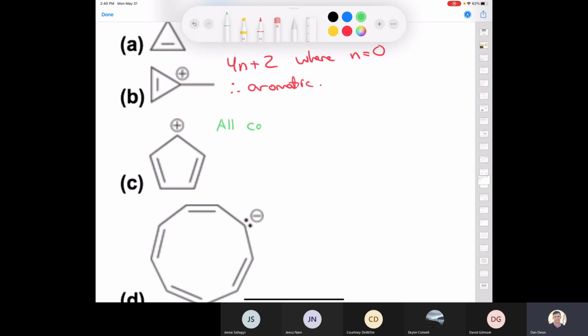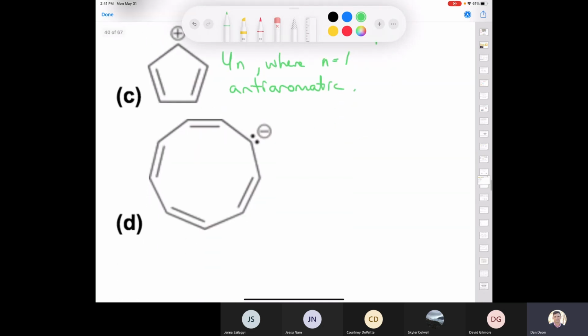All carbons in here are sp2 hybridized. That means I have a continuously overlapping system of p orbitals, don't I? But how many pairs of electrons do I have in here? I don't have a Huckel number, do I? Because I've only got 1, 2, 3, 4. So I've got 4n, where n is equal to 1, right? 1, 2, 3, 4. Therefore, this is an anti-aromatic compound. And for the last one,